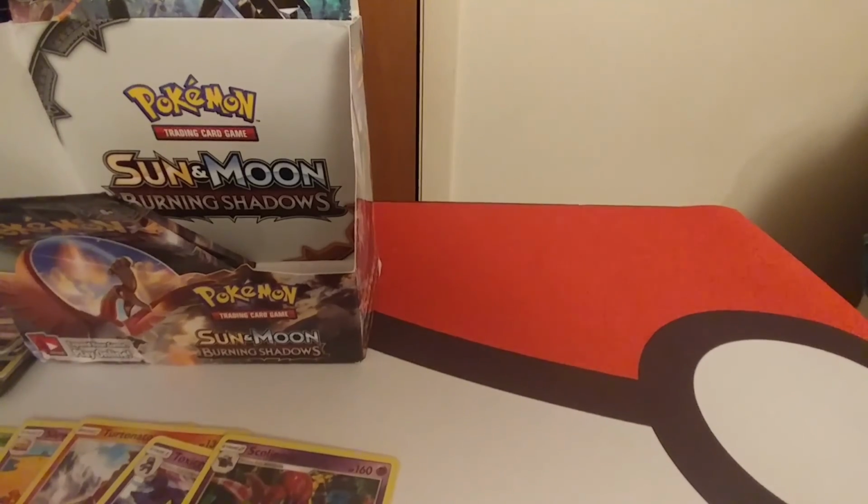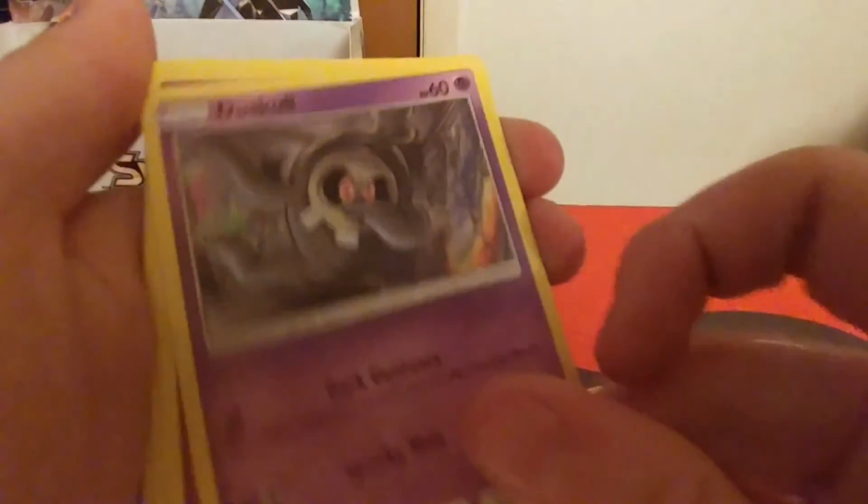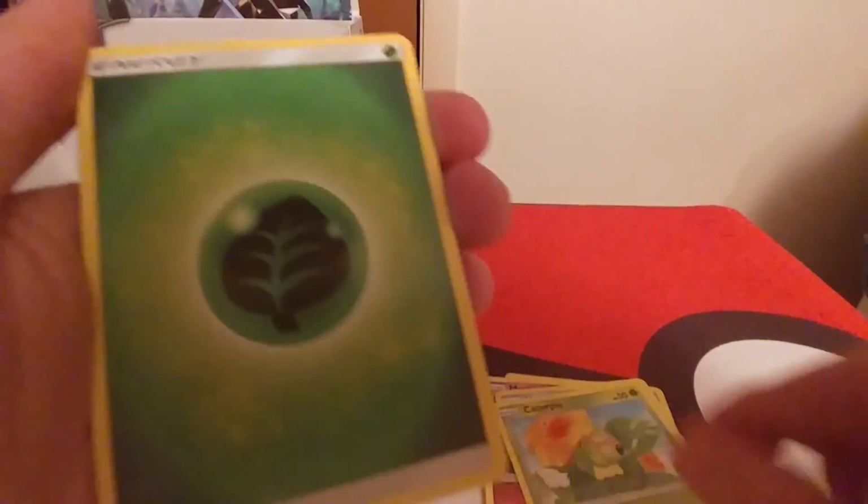Alright guys, this is our 3rd from last pack. Third to last pack, I should say. Oddish, Duskull, Morlul, Marill, Caterpie, Grass Energy,